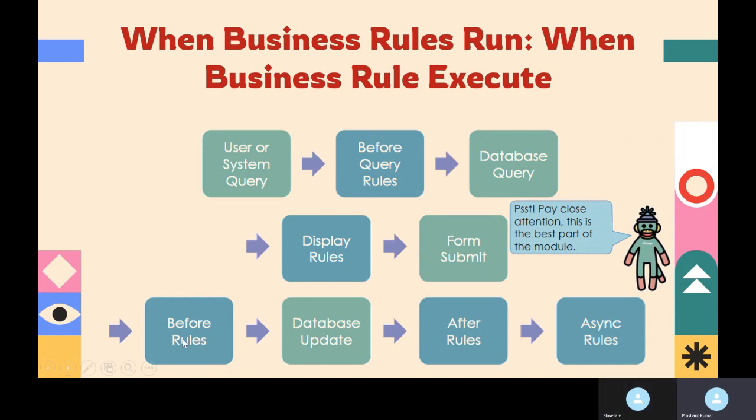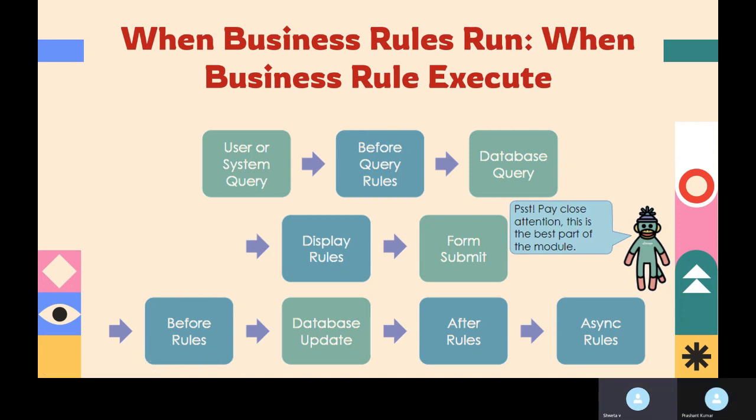So there is before rule and after rule. Before rule is what? It runs as soon as the form is submitted, but the change is not yet committed to the database. Before that, we have to execute our script. The form is submitted, but before the database commit, we are executing one of the rules that is called the before business